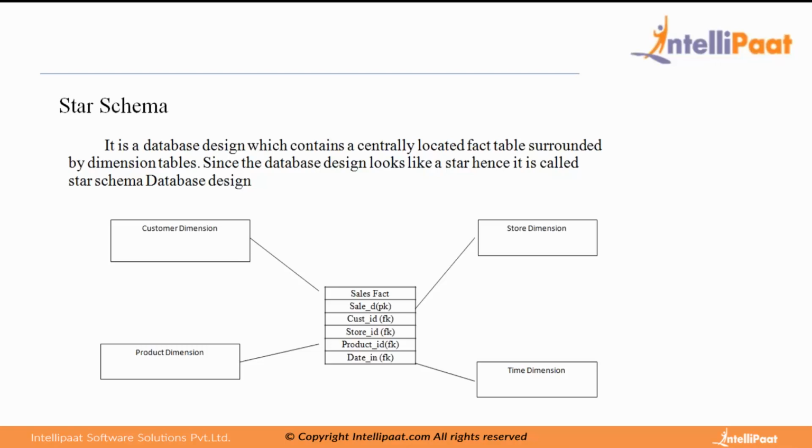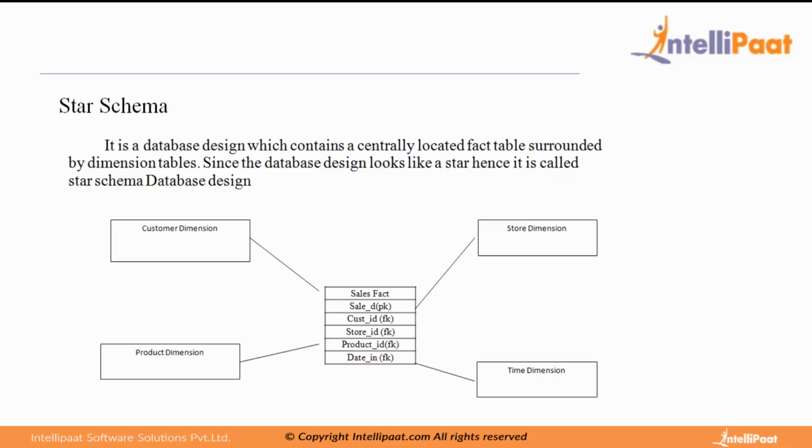Even if you're not working as a data modeler, these are the things you need to know, because even if you're working as an ETL developer, you need to know where your data is actually going, which tables it is hitting, and what the architecture of your warehouse is, so that you can better design your job. Which one to load first, which one to load later. So all of this is dependent on the warehouse architecture. That's why we need to have a brief idea about what the data model of a data warehouse looks like.